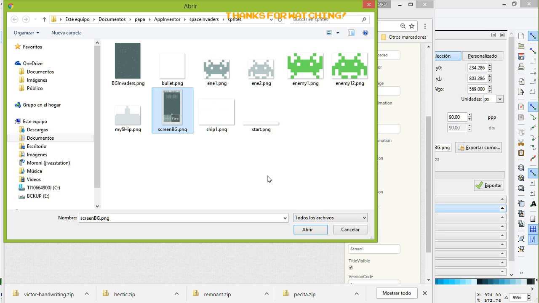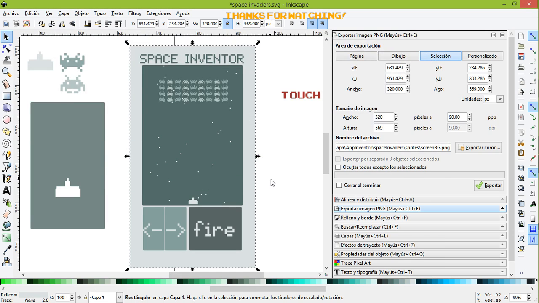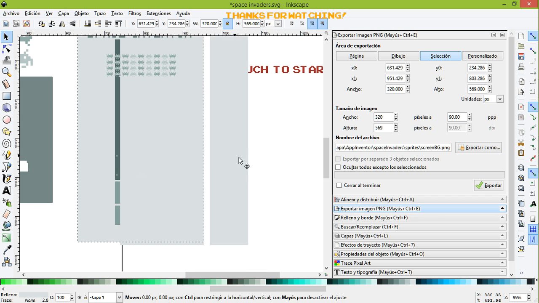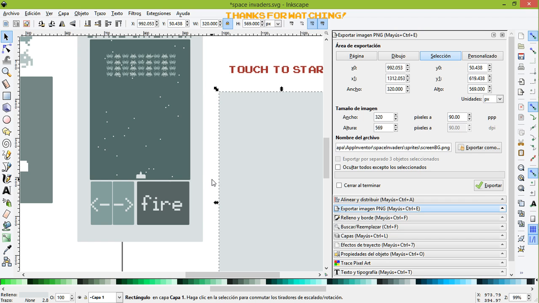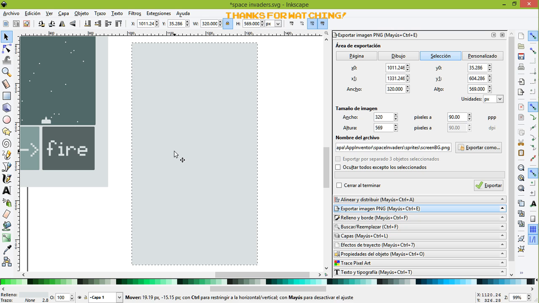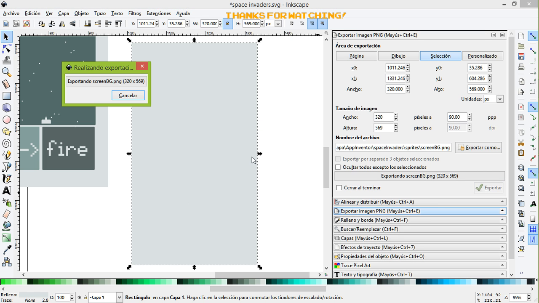Screen, but I don't want the other thing, sorry. So let me just remove some things. Export here. Let me duplicate this one, and I'm going to place it in here, because when you have something over or on top in Inkscape, you export all the things that are on it. Well, now let's export again. Export, replace,